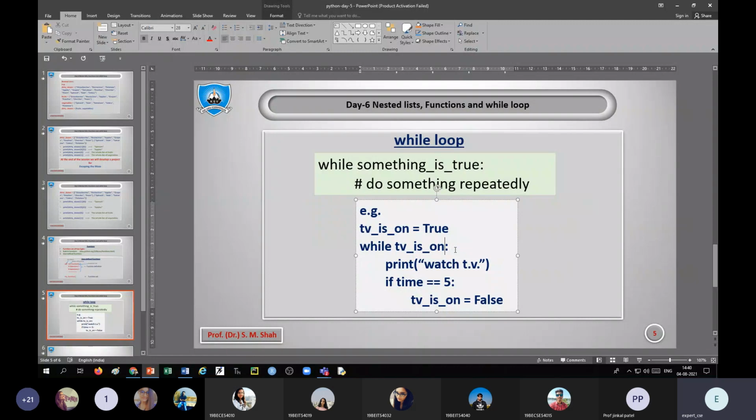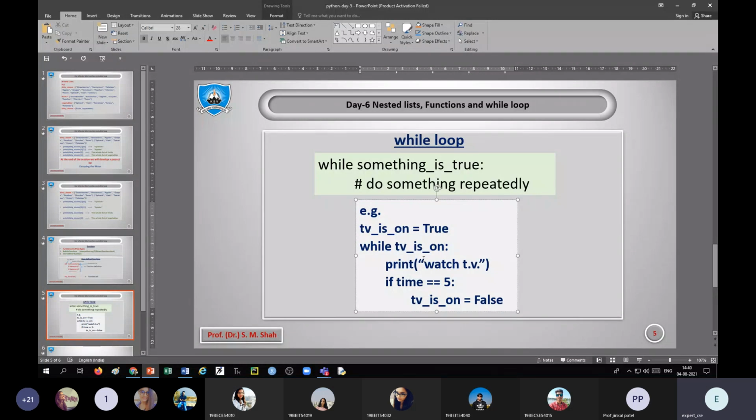Print watch TV. If time is equal to 5, TV is on equal to false. So there must be some condition which at some point stops the execution of the loop. So this is about the while loop.